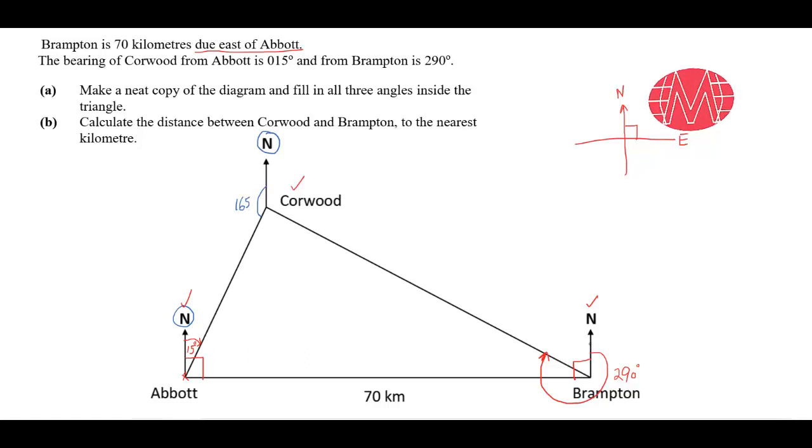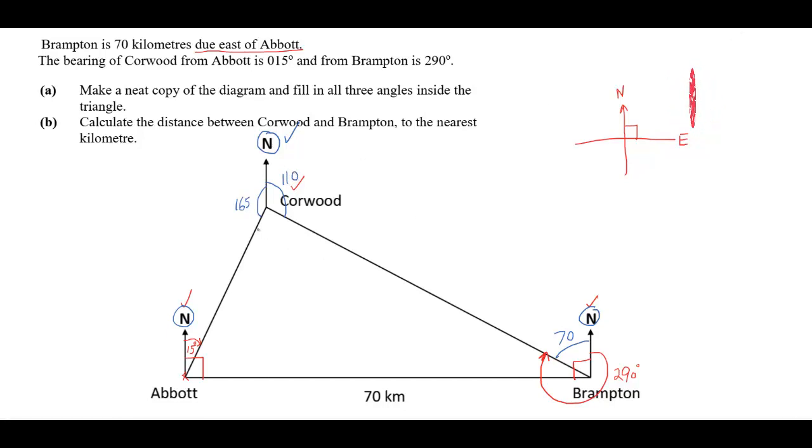And as you know, this whole angle is 360. If you subtract this 290 from this 360, you will get this much angle. It is 70 degrees. And this north line and this one, they are both parallel. So this 70 degree angle and this angle are interior angles. So 180 minus 70, this angle is 110.